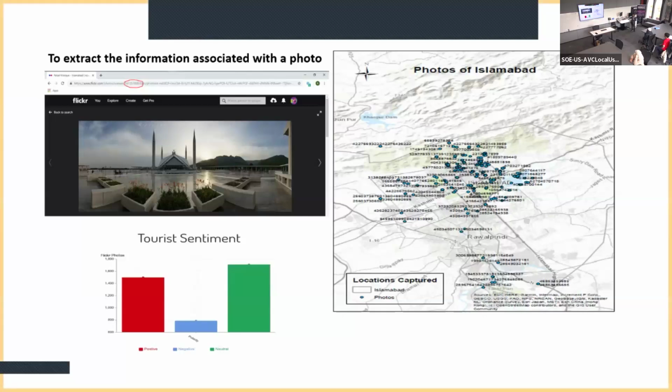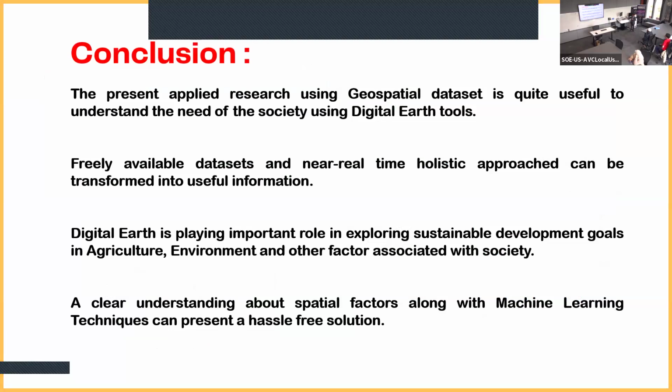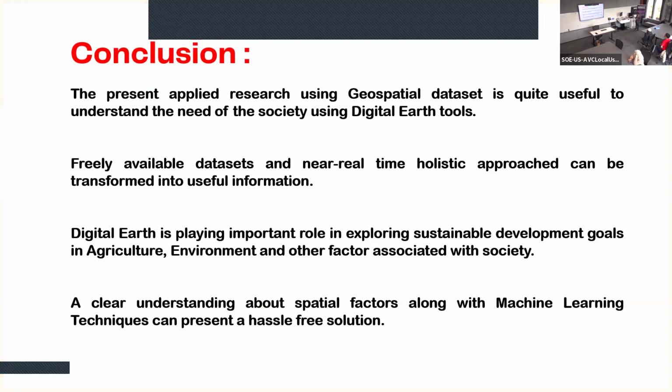And I think this was another tourist sentiment system, where you are standing at some place and you want to post something or visit something. It gives you the picture of that specific area and tells you that you must go this side. So again, if I conclude, the present applied research using geospatial data sets is quite useful to understand the needs